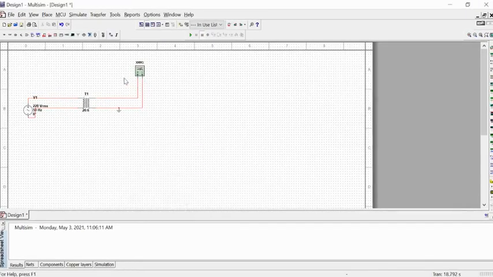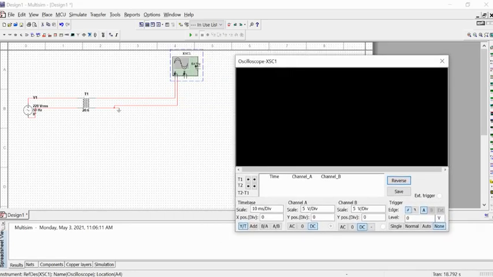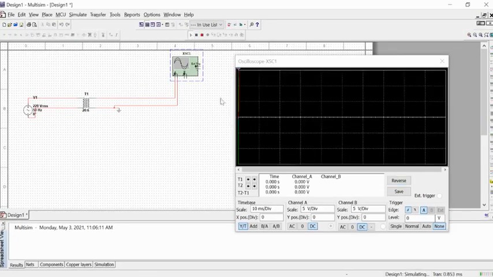Now, if you want to check the voltage waveform, you can connect an oscilloscope here and check the waveform as well. I'm connecting the oscilloscope to check whether it gives me the same AC voltage or whether it gets interrupted by some signal. So I'm connecting the oscilloscope and grounding it as well. Now double clicking on this, this display screen appears on which I can see the voltage waveform. Now I just run it.